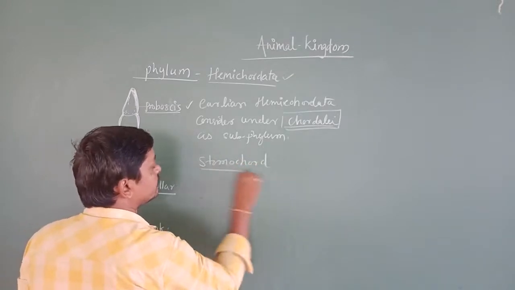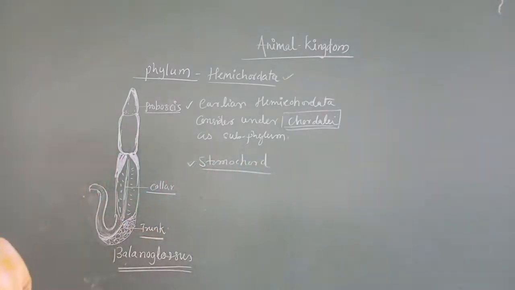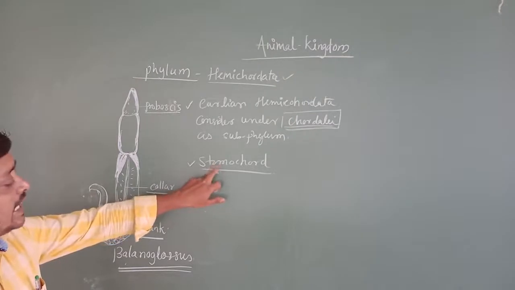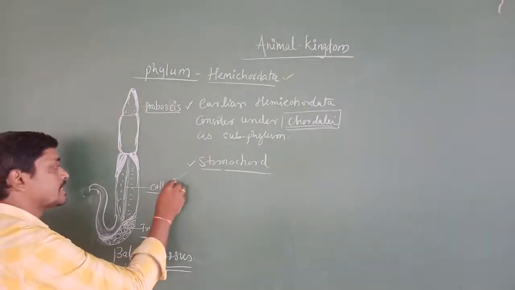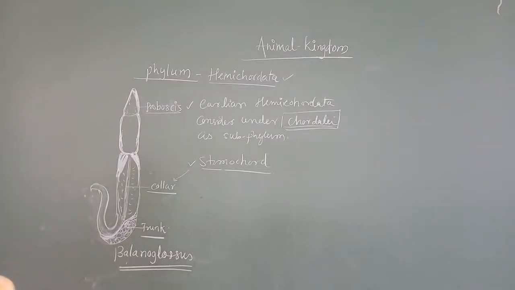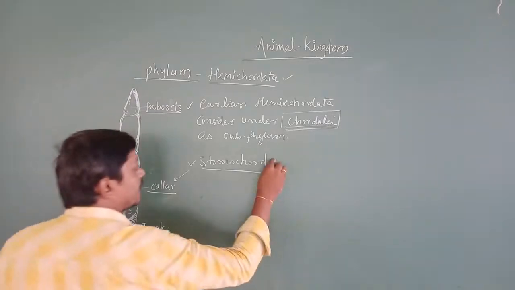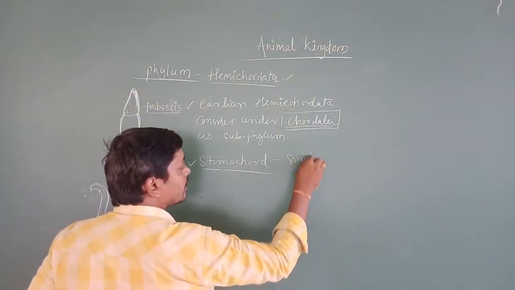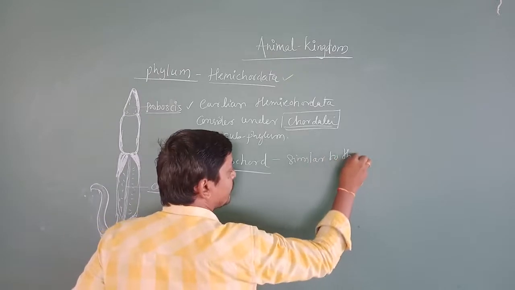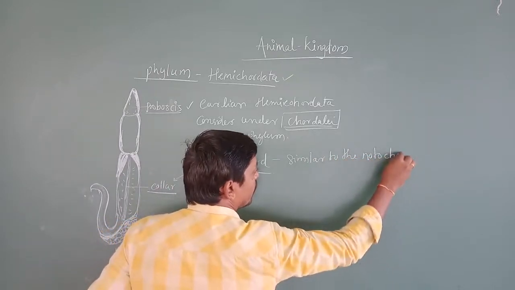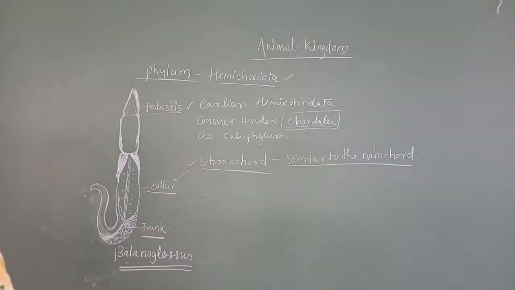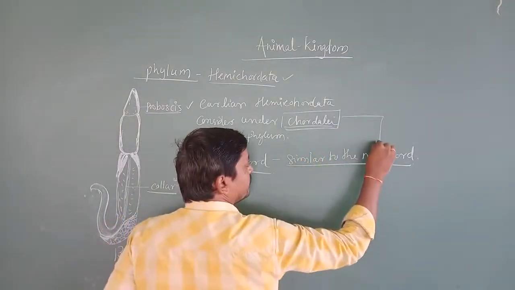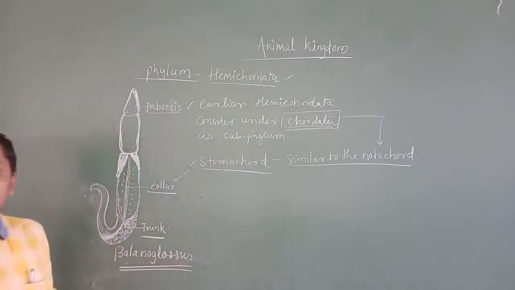Stomochord. What I have written on the board: the stomochord is a rudimentary structure which is present in the collar region, and that structure is similar to the notochord. In the sense, when we study the chordates in the next phylum,